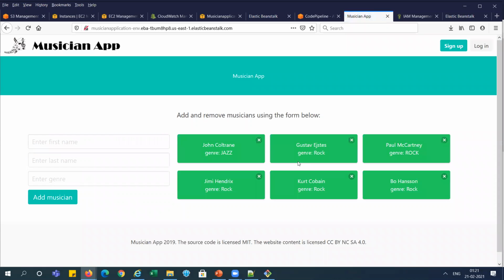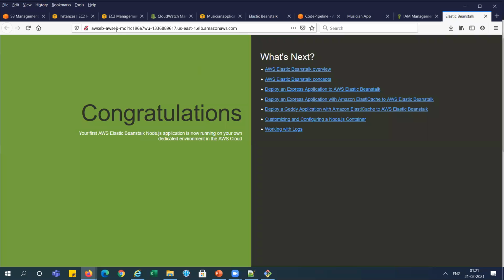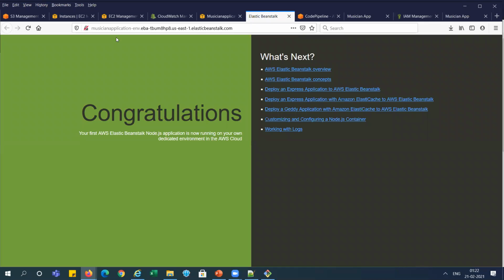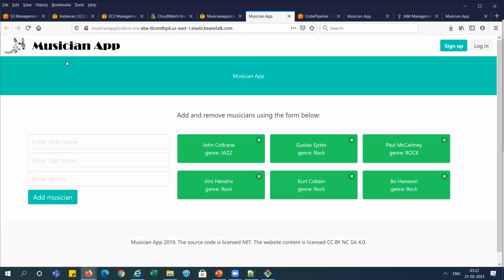See, the Magician application has changed. So I will show you the load balancer. Earlier we checked this one. Let me refresh this one also. See this one, and earlier we ran it directly from the Magician application. Let me refresh it again. You can see we got it. So I think this is working.